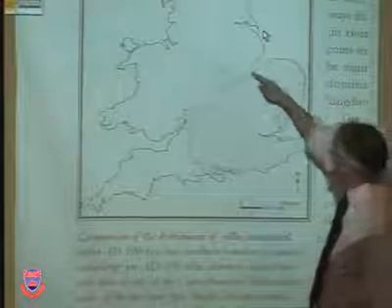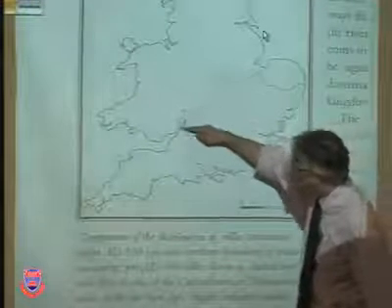Comparison of the distribution of villas constructed before AD 100. Western/northern boundary of counties containing pre-100 villas shown as dashed line, with that of coins of the Cantiaci and Trinovantian rulers of the late Iron Age. Stipple indicates these counties. So this line here is the border within which, on this side,